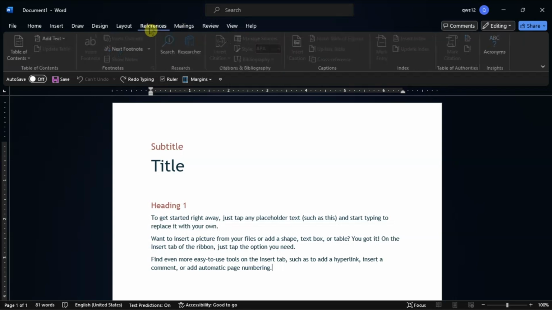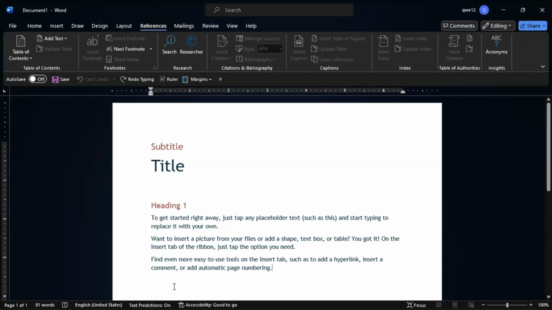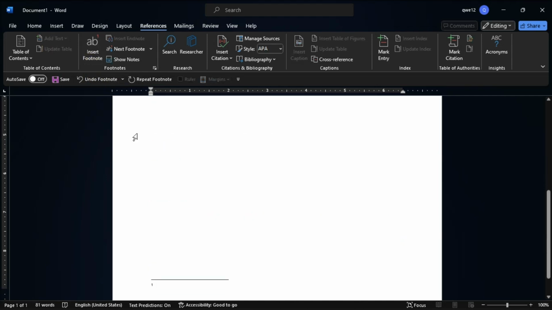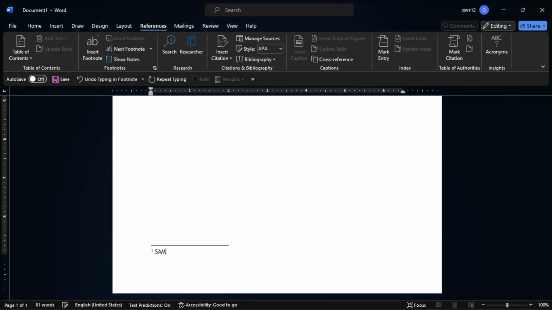Click the References tab. Place your cursor where you want the footnote to appear. Click the Insert Footnote option. Then the footnote number will be inserted and a separator bar will be added to the bottom of the page. Now your cursor will automatically be taken to the footnote at the bottom of the page so that you can